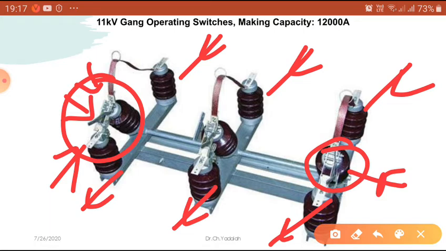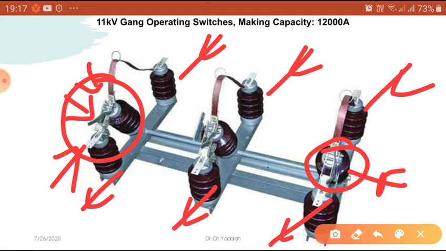Next, what is another? The absence of mechanical stresses that are set up by the gas pressure and oil movement. Here we are not using any mechanical movement, gas, pneumatic or oil, so there is no problem. And the elimination of the cost of regular oil replacement that arises due to deterioration of the oil with successive breaking operation. We are not using any type of oil.